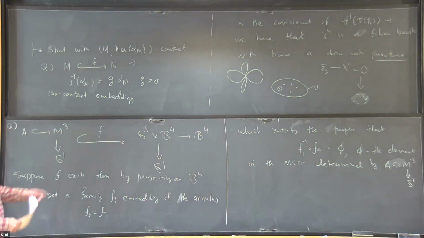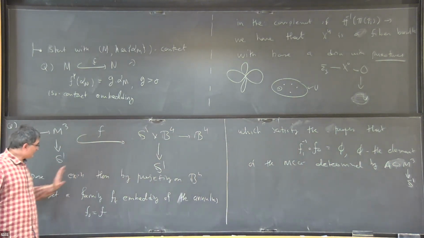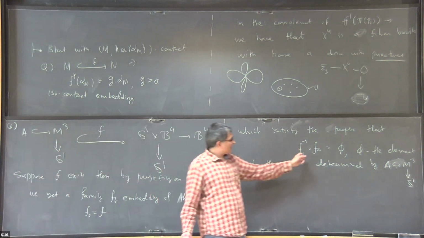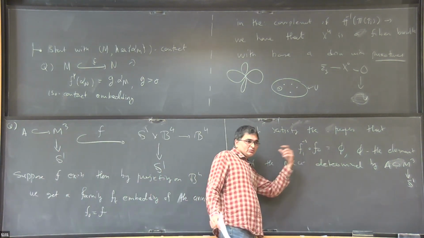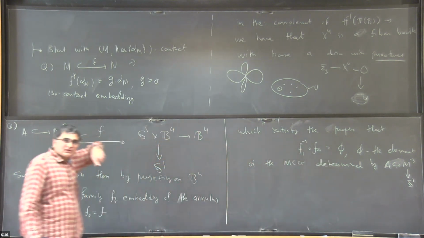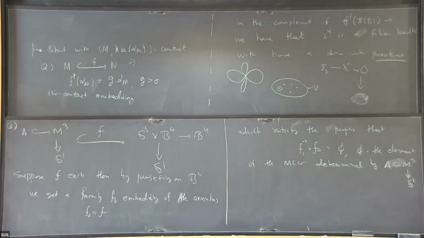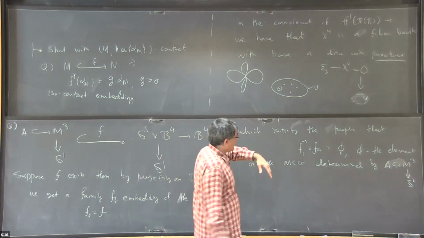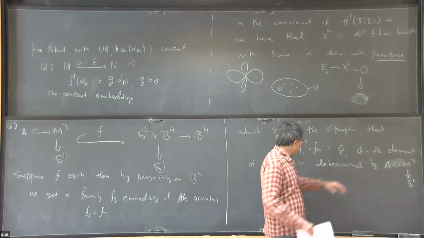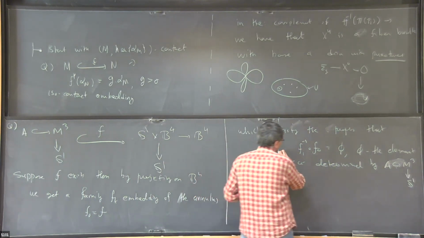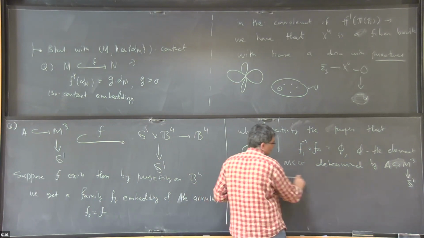So if you have a fiber preserving embedding, then you would have a family of embeddings in B4 such that that element of the mapping class group actually appears via a family of isotopies of B4. And so we ask whether it is possible to achieve this. Is it possible to achieve this? That means, is it possible to find